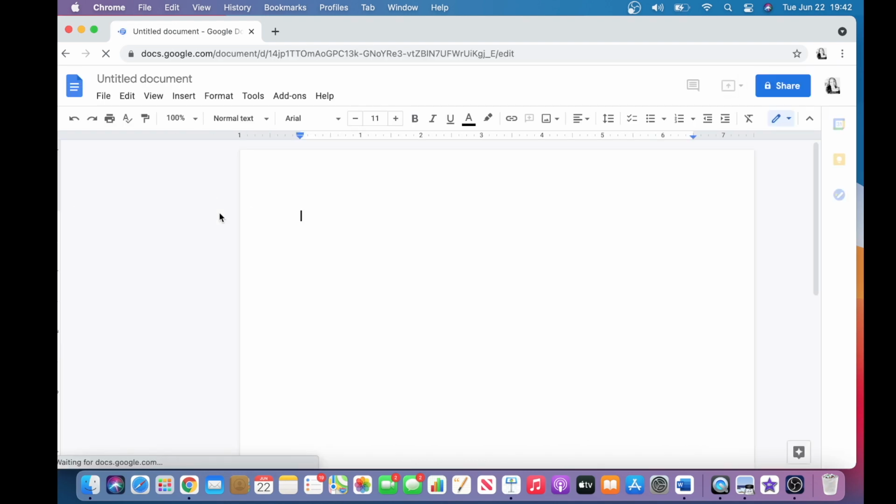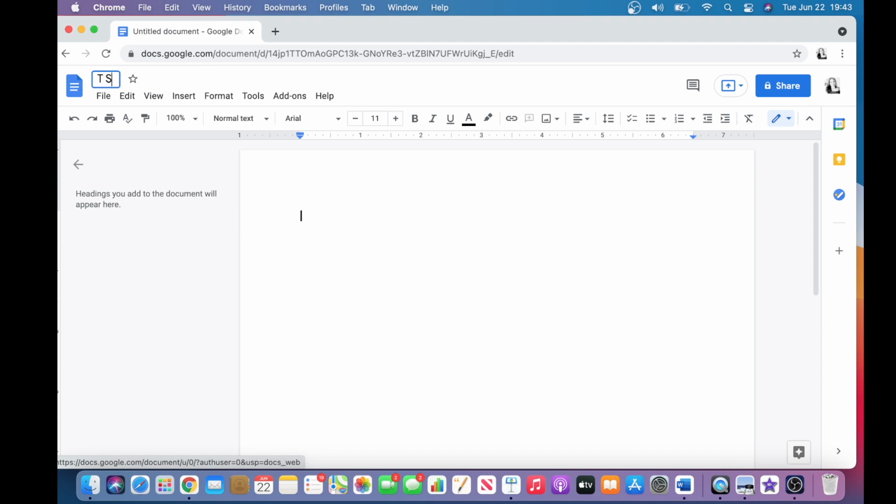Here we are in this blank Google Doc. You can see that it's a blank page by looking at it, but also right here it says untitled document. So for example, let's say you were working on a school project research paper and you want to give your research paper a title. In this case, I will just say